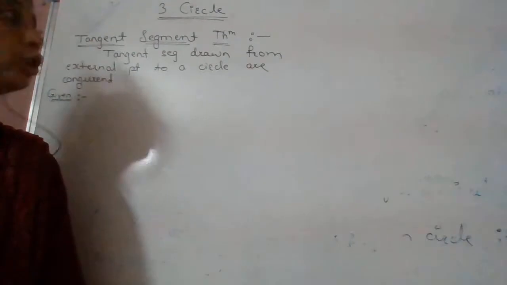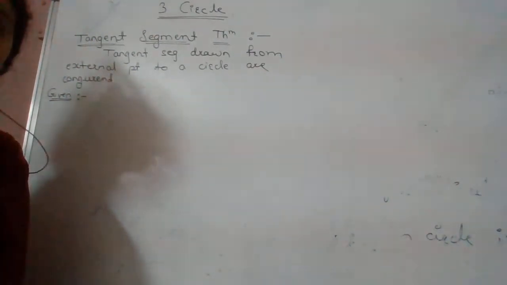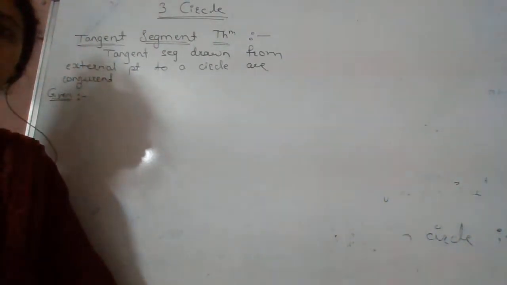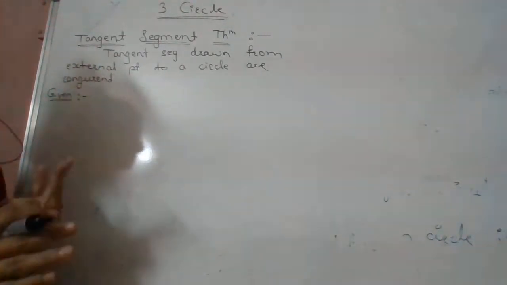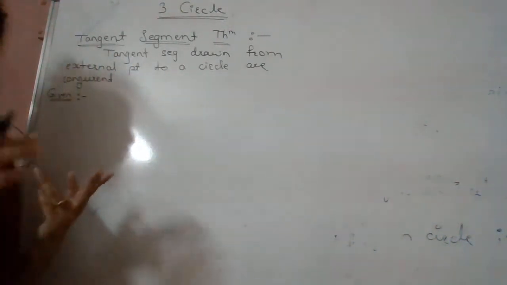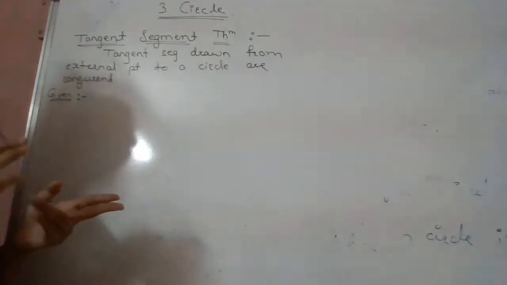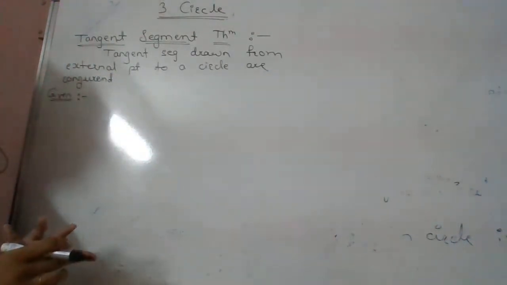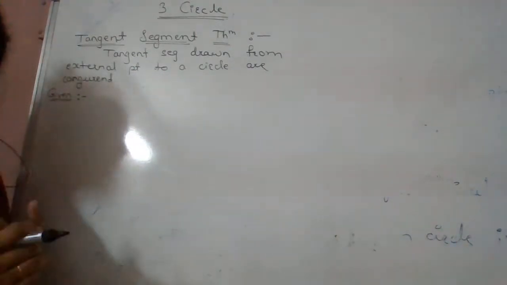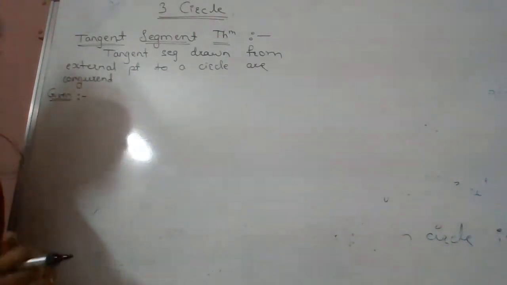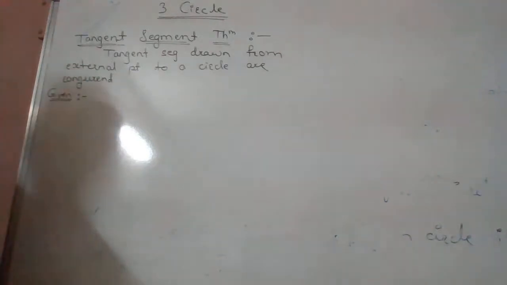So today we are going to see the next lesson from Mathematics 2 of your class 10, that is Circle. We have already seen all the basic things: what are congruent circles, what are intersecting circles, and which are called concentric circles. These three things we have already learned. Then we also learned the tangent theorem. Now we are going to see the next theorem, which is called the tangent second theorem. So let's start with this theorem.